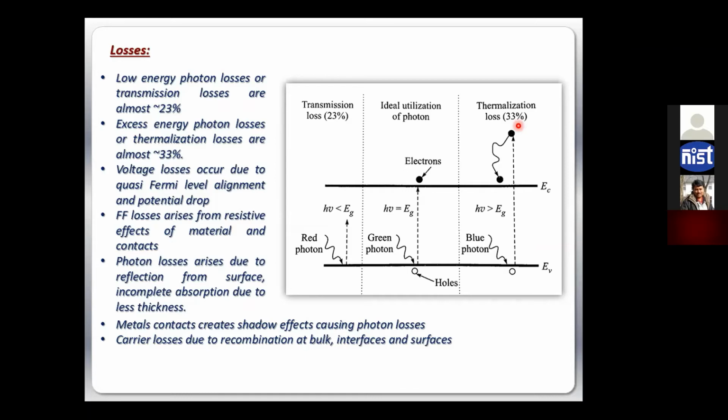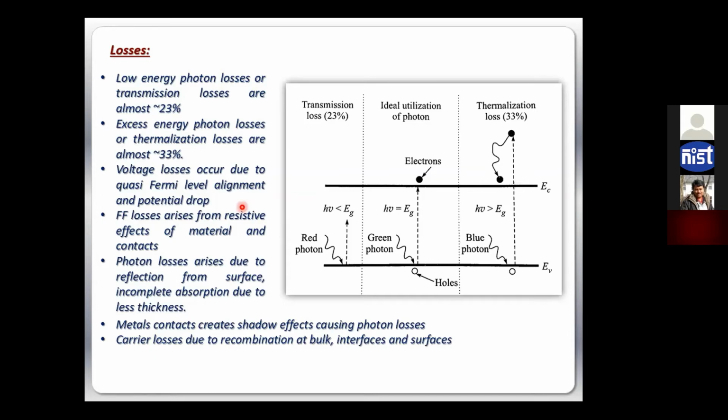And apart from that, as we said, voltage losses are coming from the quasi-Fermi level distribution, right? And fill factor losses are coming from the material resistance. Apart from that, the photon losses can arise from the reflection of the silicon surface, the glass surface, or when you make metal contacts, under the contact you have dark shadows, right? Those regions will not have opportunity to harvest any photons. Or when you install your solar panel on a roof, and maybe you have a nearby plant or a tree or some other roof corners, other buildings, that shadow comes sometime in the daytime. So those losses are technological losses. That is again like 10-15% of losses.